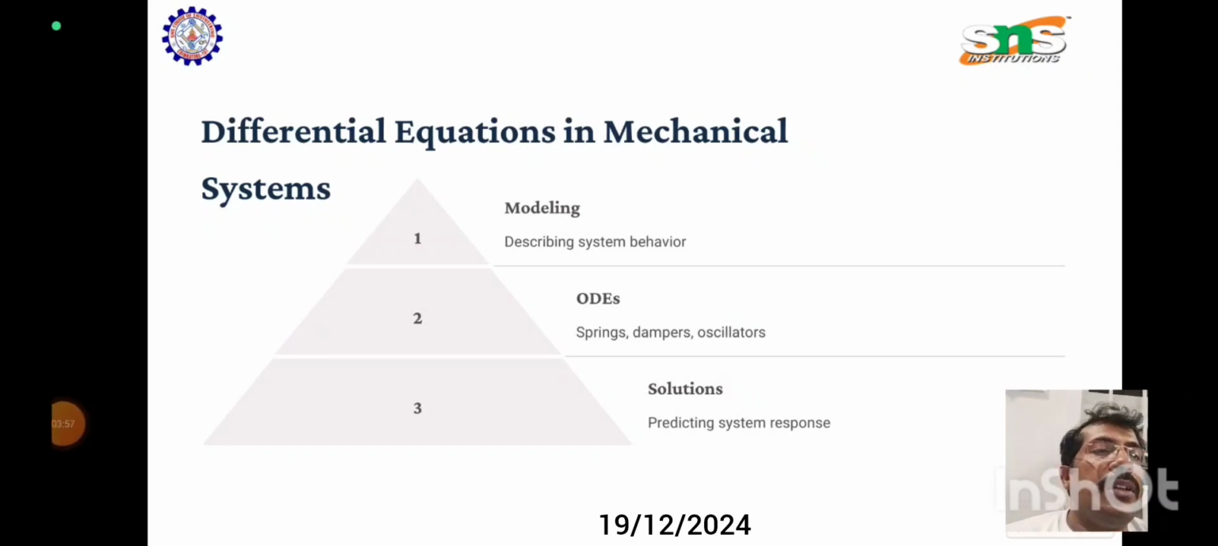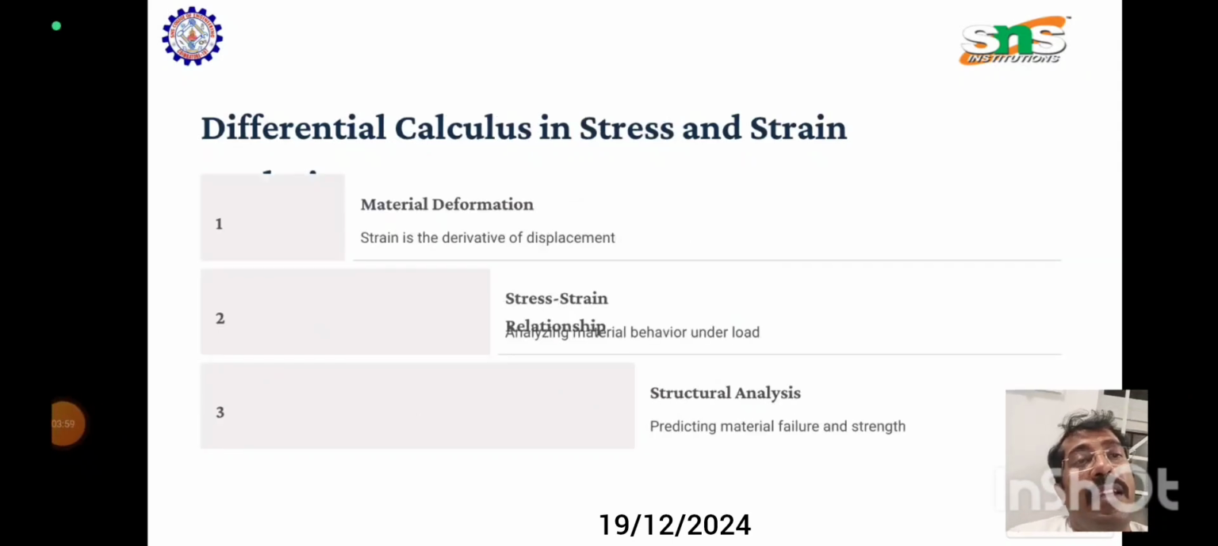Further, differential calculus is very important when you come to the topic of stress and strain. For example, if a material undergoes deformation, strain is involved. So there is a relationship between stress and strain. It is very important to understand the relation, to understand the behavior of structures under load. So in structural analysis, predicting material failure and the strength of such apparatus, we use the